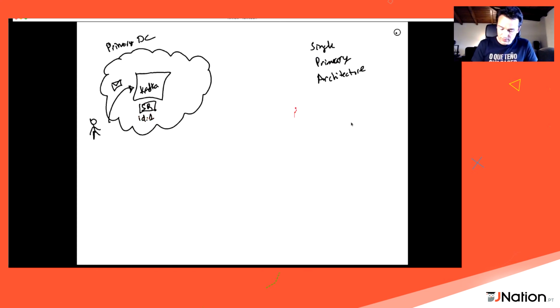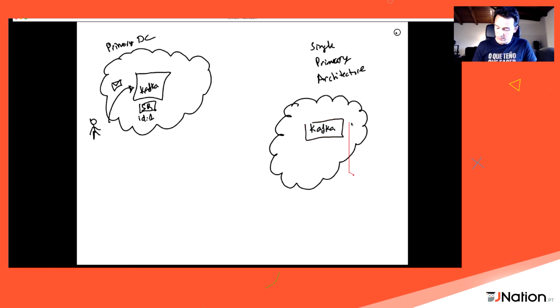Now we have a different data center, also with Kafka. We have now a consumer which wants to read that data.